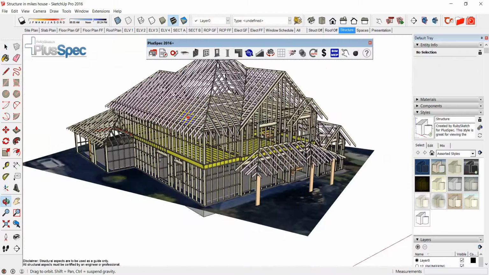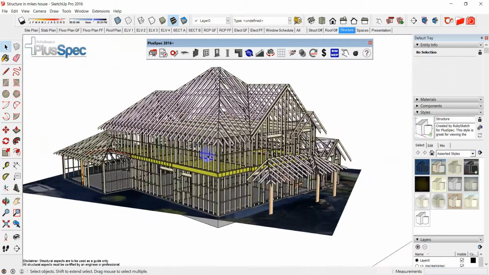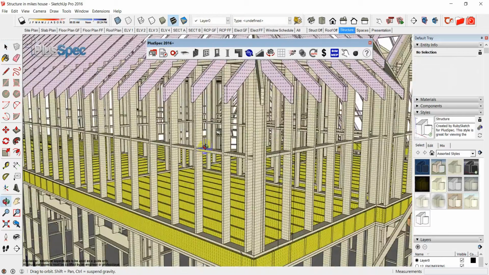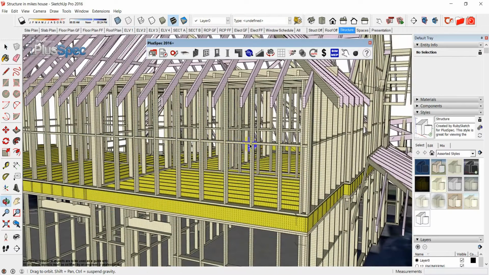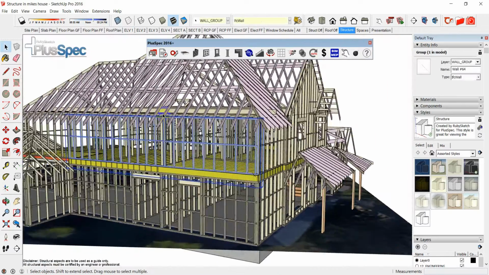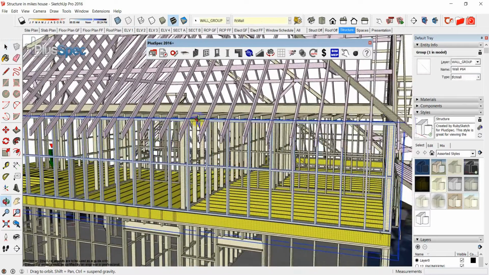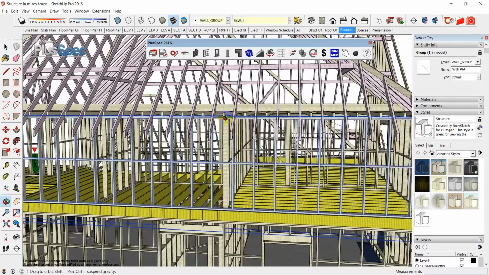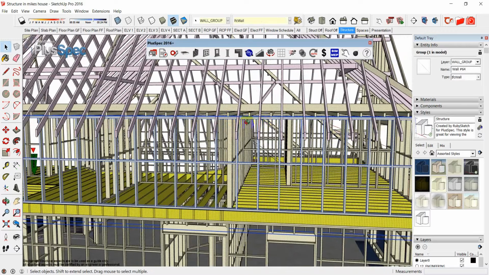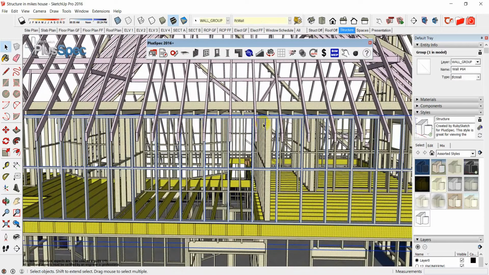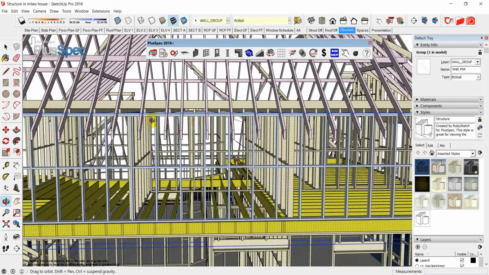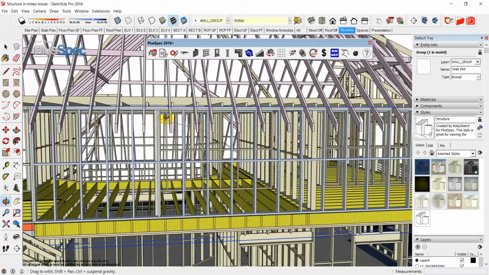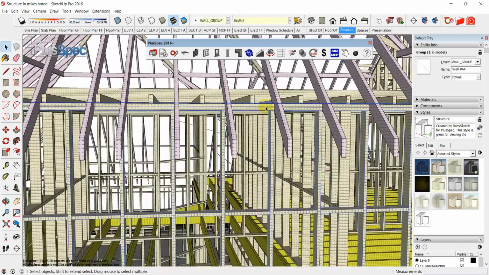Okay. As I mentioned before, all of these studs were put in by default, and we can change the spacing of studs according to what's required. So if I said, well, you know what, this wall here, I might think that it's going to be a 16 ounce, and it actually works quite well. Plusspec works from the outside in, and those rafters have lined up with those studs, and you can see here I'm not quite getting that, but I do have a double top plate,